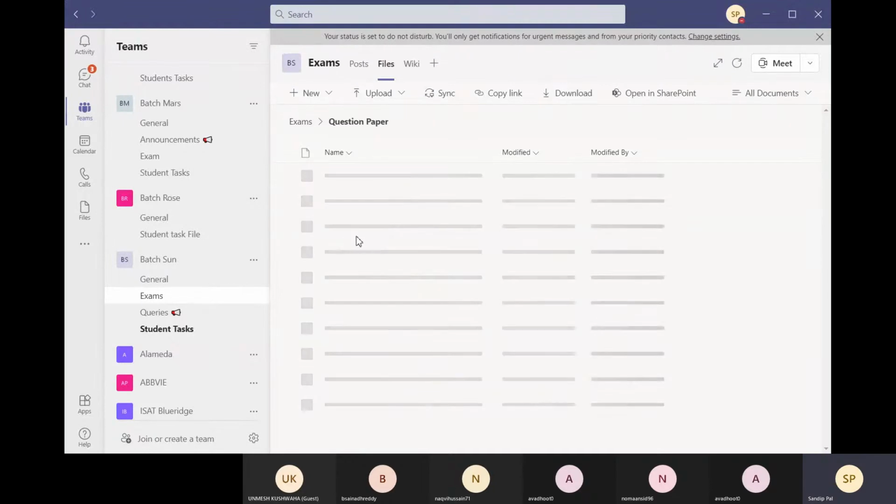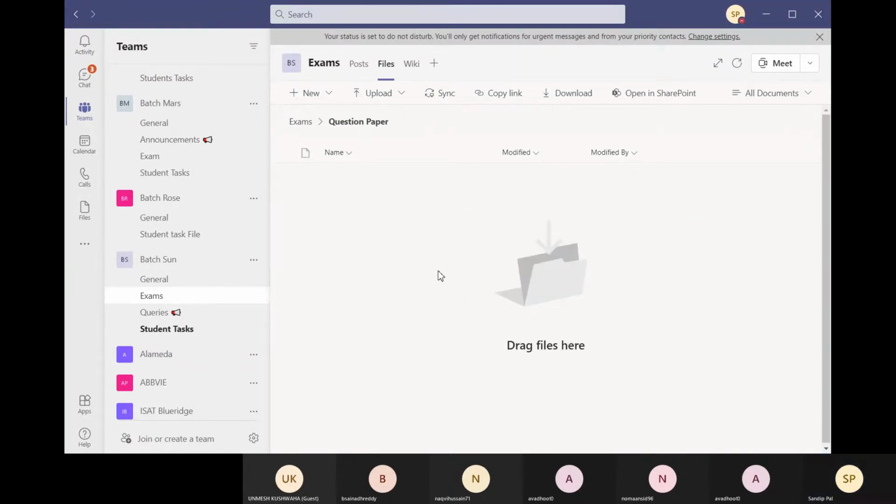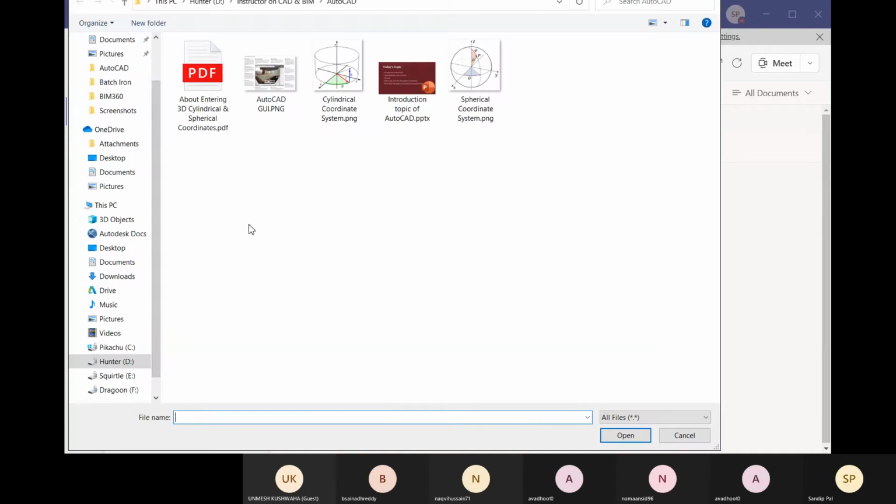Within this question paper folder, let me upload the file.